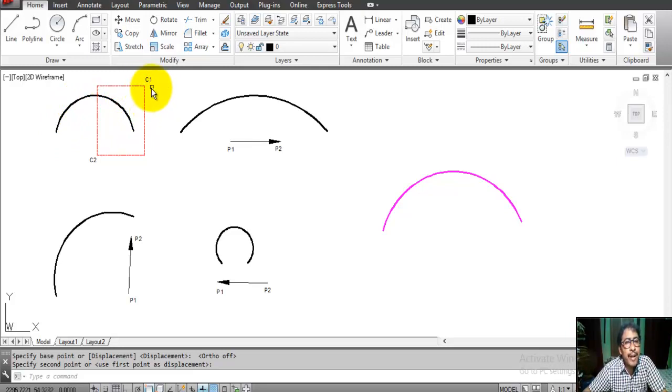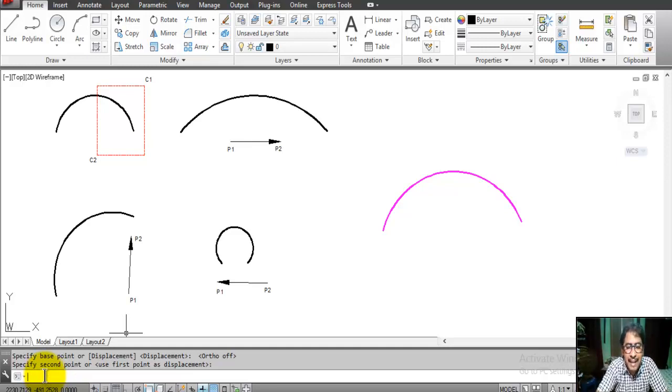Okay, now example 3, this is an arc. If we select in this way, first point C1 and second point opposite corner C2, and base point P1 to P2, where P2 is the second point, then this curve is increased in this way.